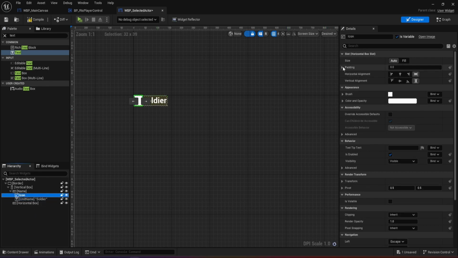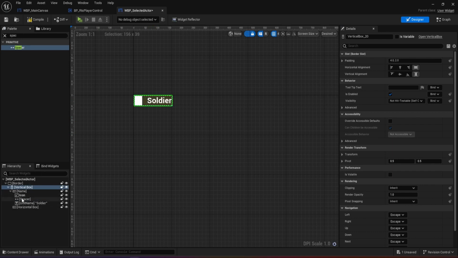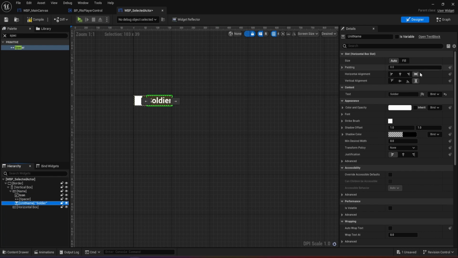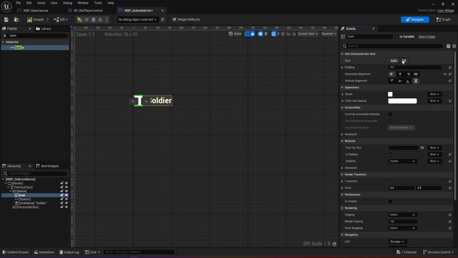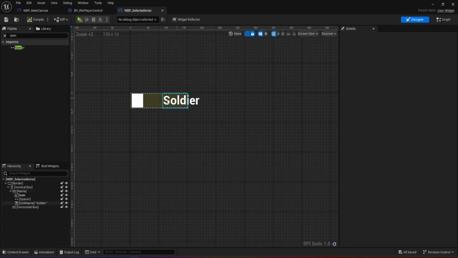And we're gonna add another thing called spacer here. On the spacer, I'm just gonna write 10, so you add a space of 10 in all directions. And one thing really important here, make sure that everything gets aligned on center and is filled, but the unit name gets aligned on the left and the icon gets aligned on the right. And we're gonna make sure we click the fill button, because what's gonna happen right now, as you can see,